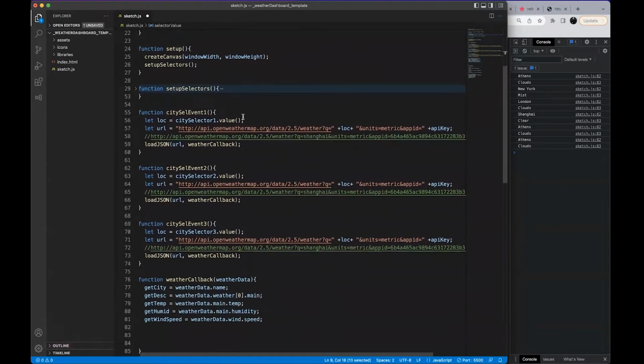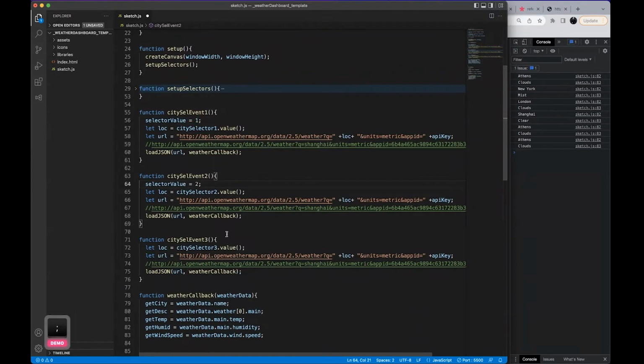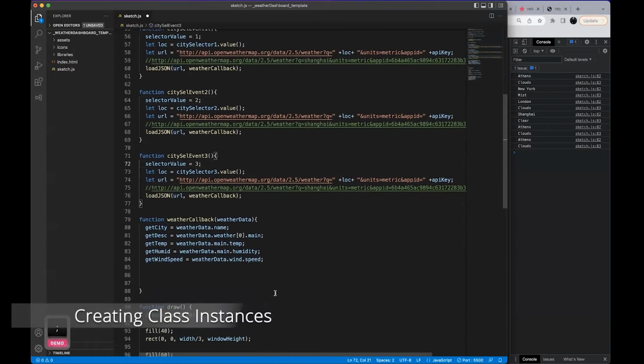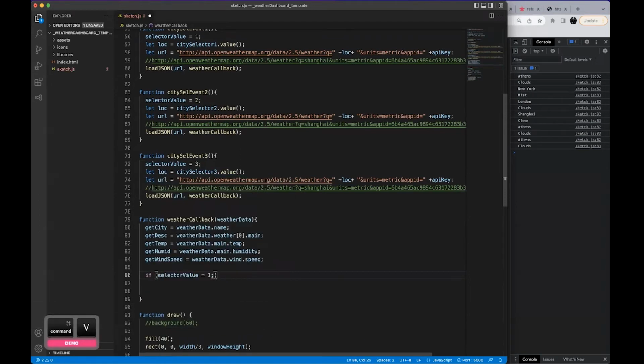So for this selector value, if I press the first button, it's going to be number 1, or number 2, or number 3. And then when I come to this point, I will say if selector value equals 1,